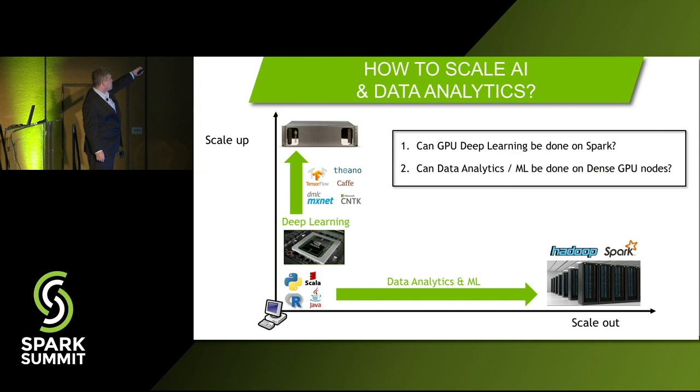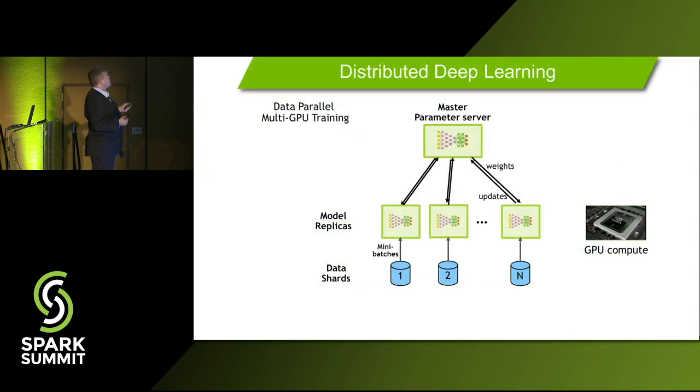But what we did recently is we started to build custom hardware like this DGX1 box, which I'll talk a little bit about, for accelerating deep learning. Now, let me motivate a little bit why you need a box like this, which has 8 NVIDIA GPUs in it, and talk a little bit about how distributed deep learning is done.